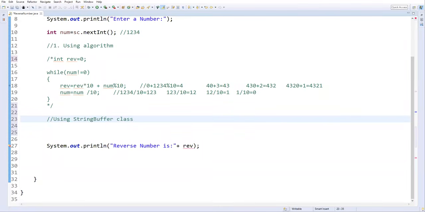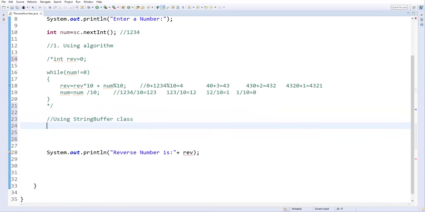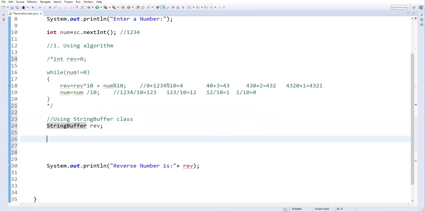For that, we have to create a reverse variable of StringBuffer type: StringBuffer reverse. So this reverse variable is a StringBuffer type. Now I will create an object of StringBuffer. I'll say sb is equal to new StringBuffer,